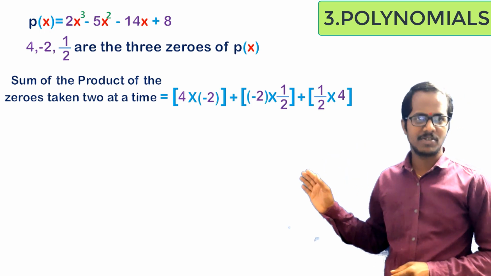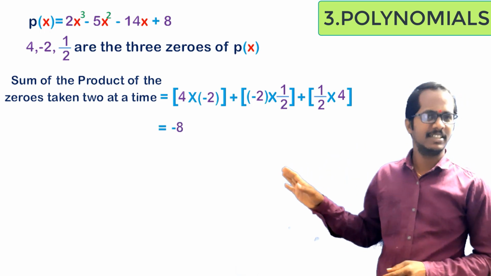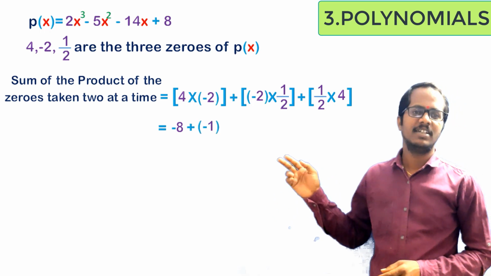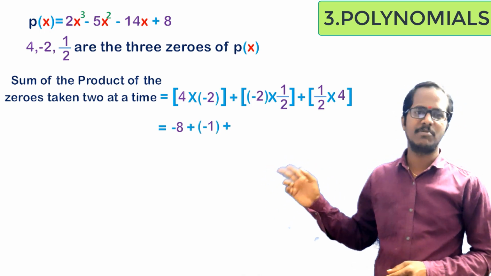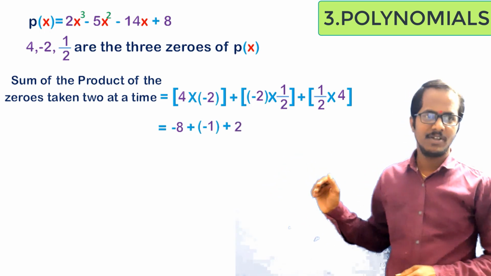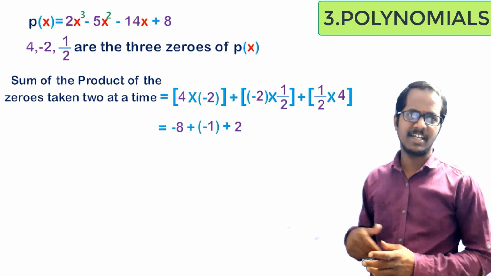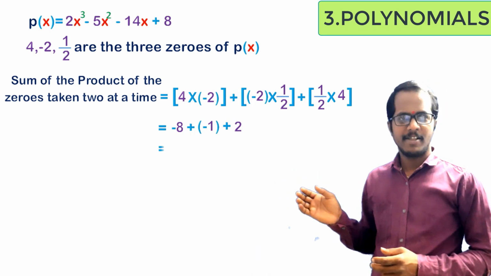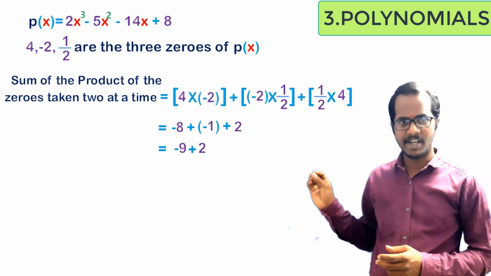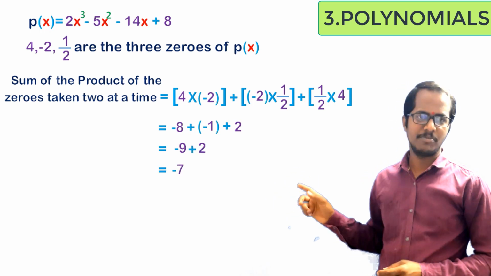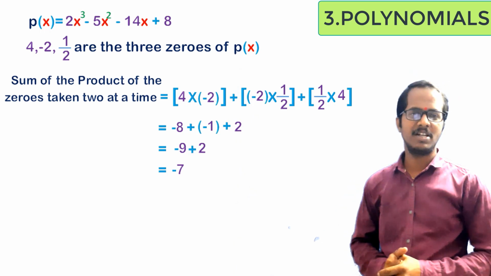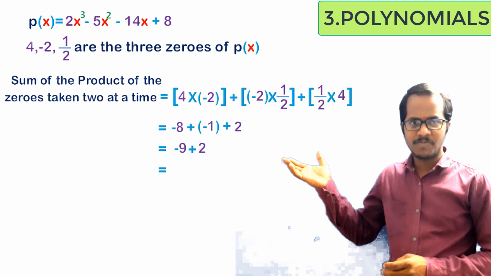Now 4 into minus 2 we get minus 8, and minus 2 into 1 by 2 we get minus 1, and the product of 1 by 2 into 4 we get 2. So by simplifying this we get the result as minus 8 minus 1 minus 9 plus 2, which equals minus 7. And if we compare this minus 7 with the coefficients of the given cubic polynomial, there is no coefficient